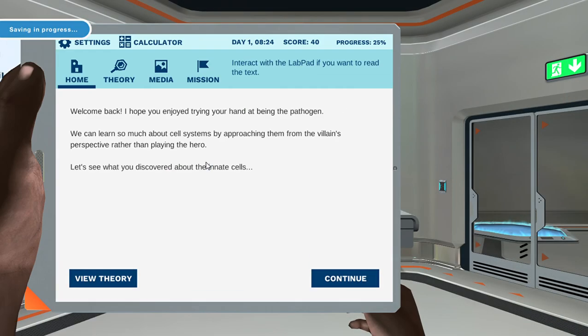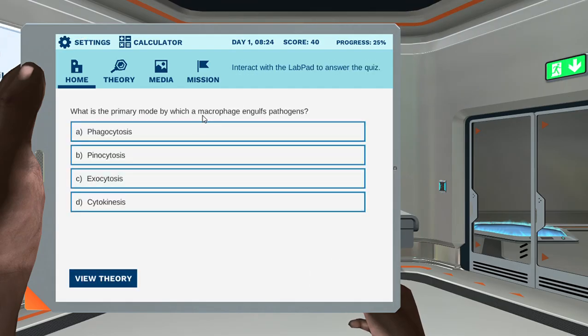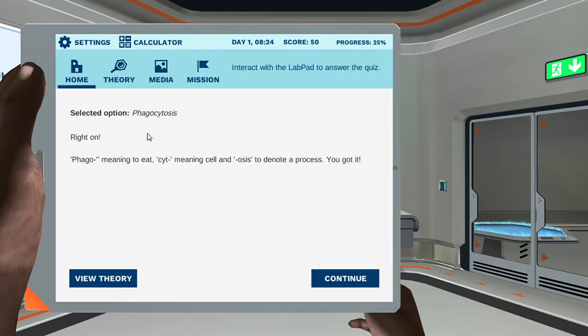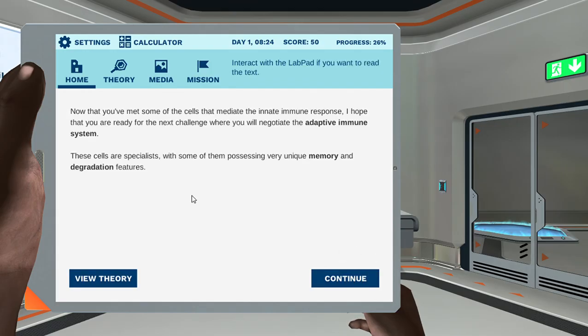Welcome back. I hope you enjoyed trying your hand at being the pathogen. What is the primary mode by which a macrophage engulfs pathogens? Option A, phagocyte. Right on. Phago, meaning to eat. Now that you've met some of the cells that mediate the innate immune response, I hope